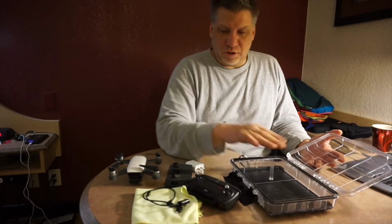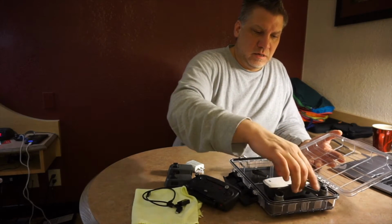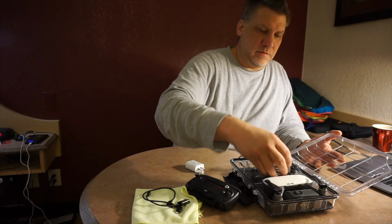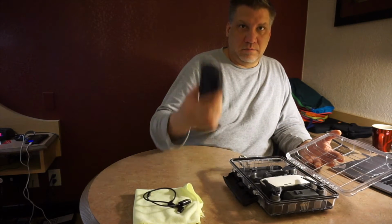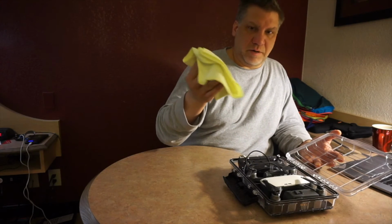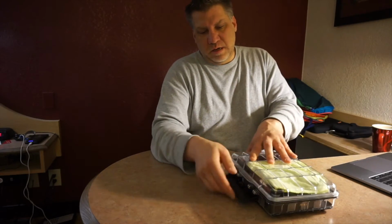I took them out, just put this one in, and the nice thing is you can take your DJI Spark, 2 batteries, charging block, remote on the other side of the divider, charging cables, and then I just use a little microfiber cleaning cloth to put over the DJI Spark, lock it in,